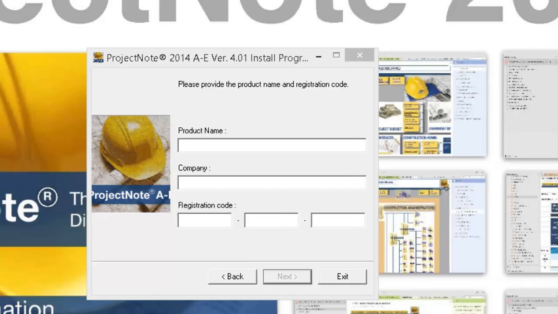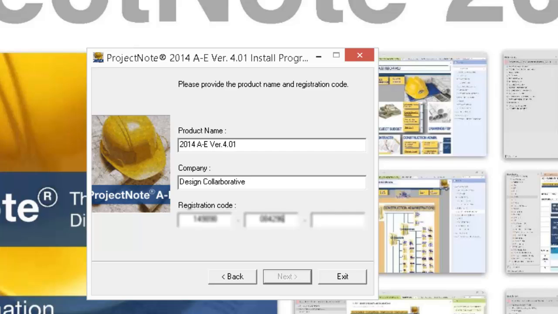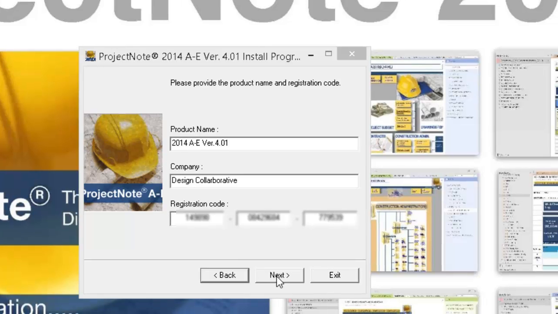Enter the product name, company name, and registration code that was provided to you in an email when you purchased ProjectNote. Select Next,